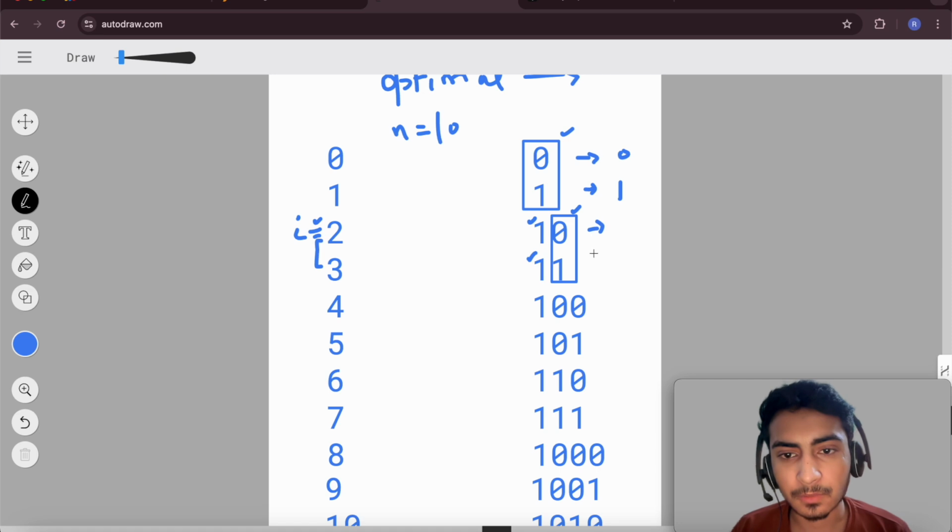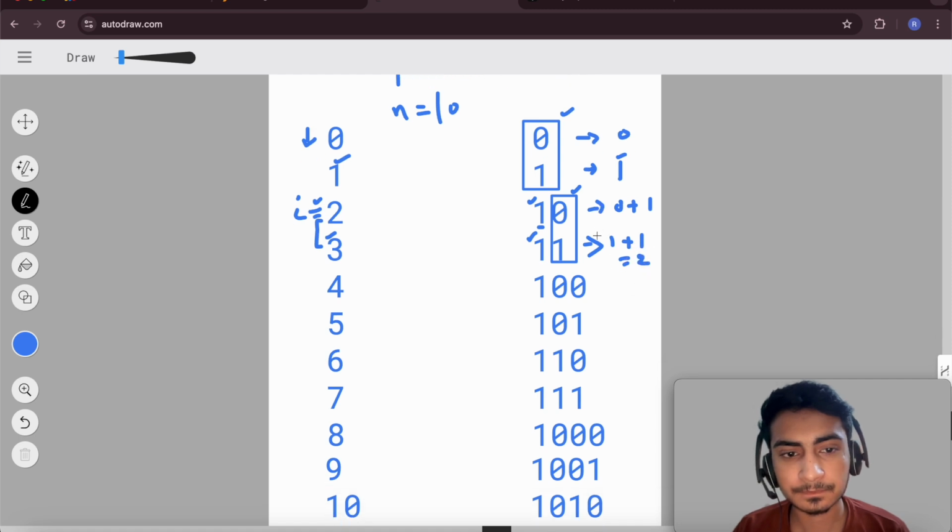So if my i is 2, please use the previously calculated indices from 0 and add plus 1, and I have the same count as present in 2. For 3, I can use the next count, my 1, and if I add plus 1,